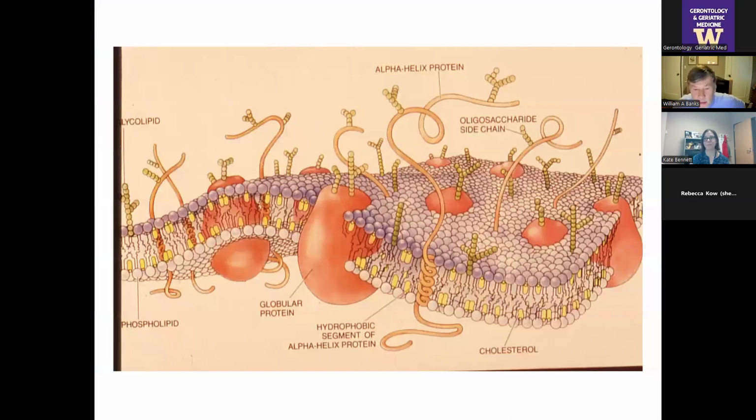And here's a sort of souped up version of the Davson-Danieli model. It's also called the bilipid model. And basically what we have, you can see my pointer, you have these two lipid layers that come together. And so in this way, you present essentially a lipid soluble surface. And so this explains why things can just sort of meld into the membrane and get across.